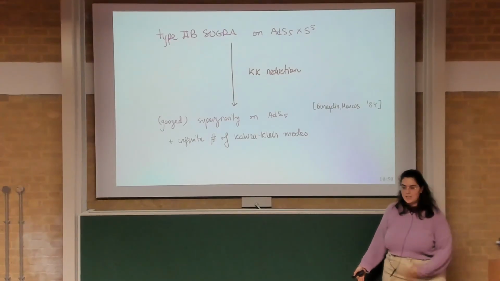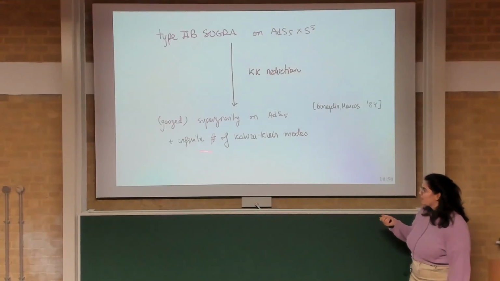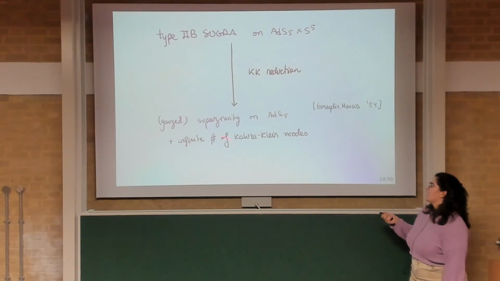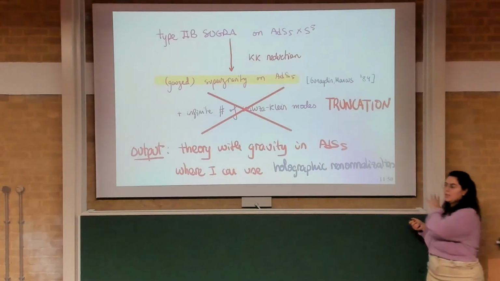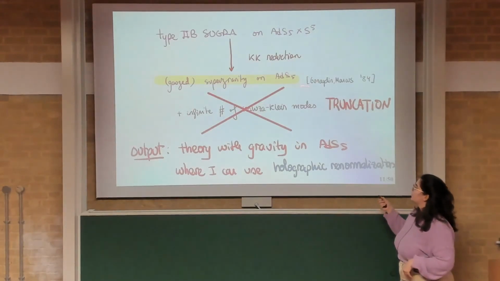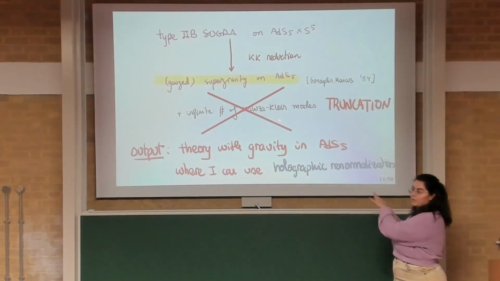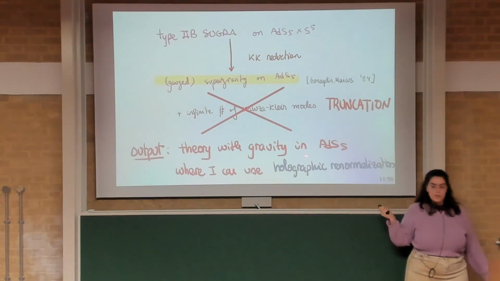What I want is just a theory of a finite number of fields. So many people worked on removing these infinite towers of fields and just keeping, for example, in this case, the massless sector that gives you some gauged supergravity on AdS5. And then after we do this is when we can use all the tools that the people that worked in